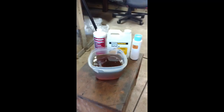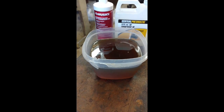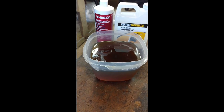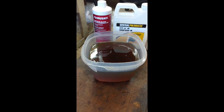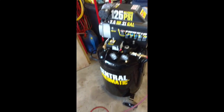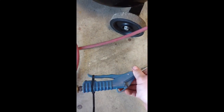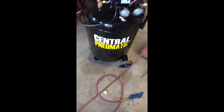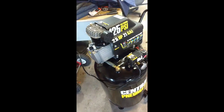I don't know if the camera will pick it up, but I think you were able to see it in the other video I took a little bit earlier. You were able to see it draining straight out of the engine better than trying to pick it up now that it's completely full. But I have my air line hooked up. I have my blow nozzle. I have my drain plug or drain valve open, and you're supposed to run this for 30 minutes